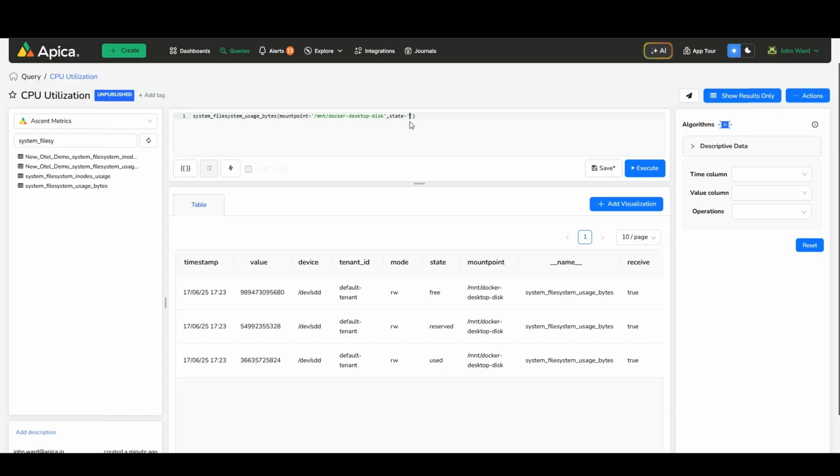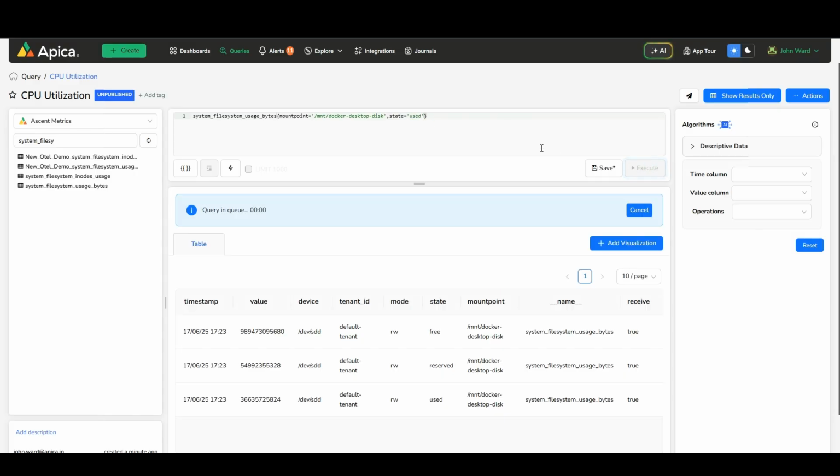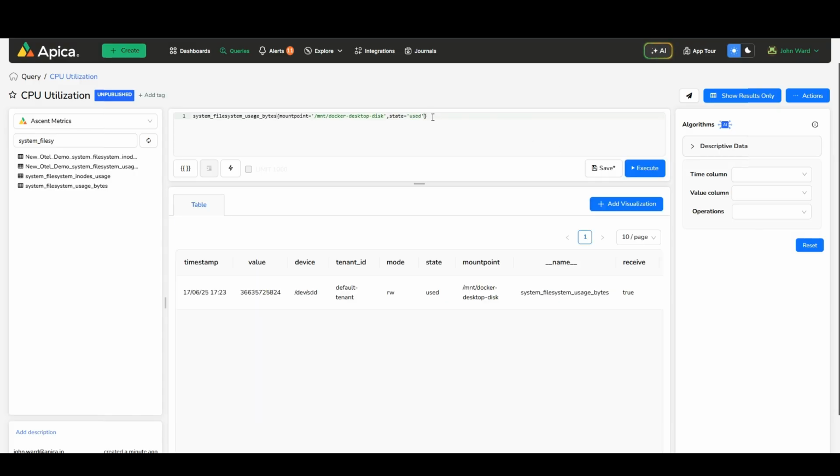This is currently only telling us the total bytes though. We want the usage as a percentage. To calculate this, divide the used value by the total as I have here. Then, remove the state equals used filter on the second half of the equation. Make sure to enclose the division operation in parentheses. Don't forget to multiply the result by 100 to get the percentage. This will give you the storage usage for that mount point as you can see here, and then sum the